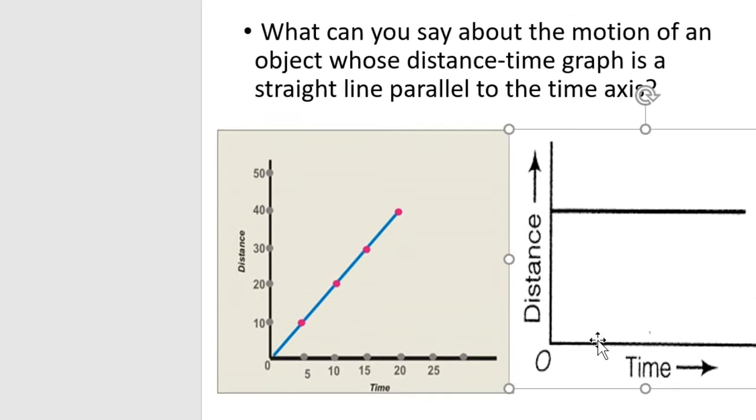Now what does this graph tell you? I told you how to read a graph. Suppose this is 0 time, the time when the object has just started its journey. Now let's say after 1 hour, what is the distance? Some distance, let's say this is the point, 2 kilometers it has traveled. Let's say after 2 hours, go up, touch the line, come to the y-axis. How much distance has it traveled? Again the same, which is 2 kilometers.